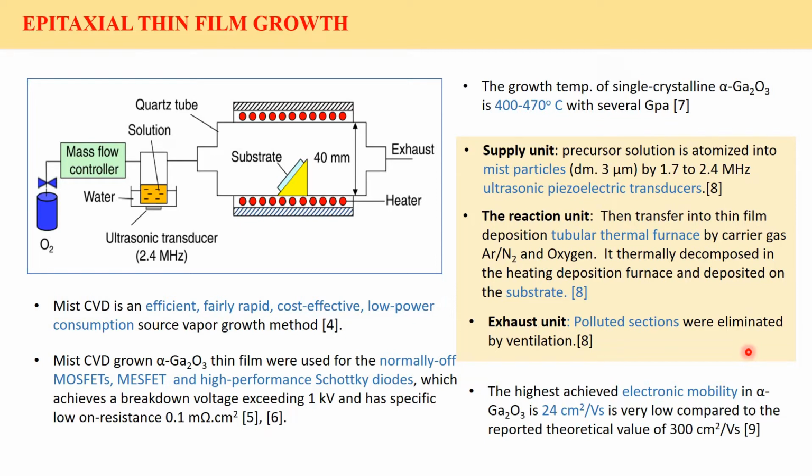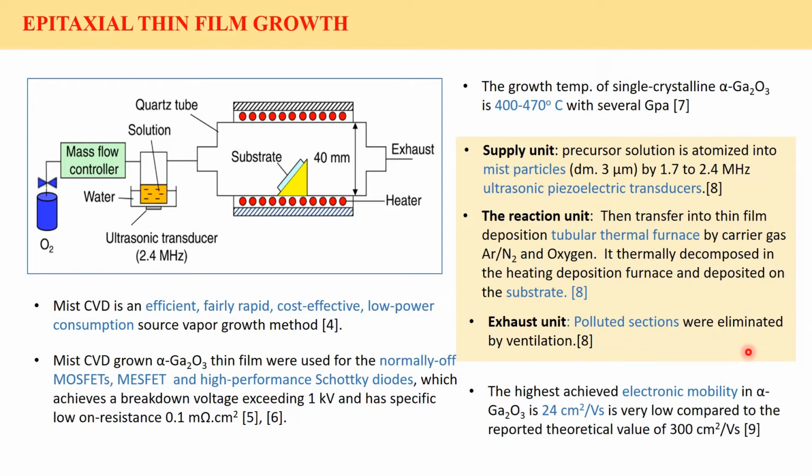But mist CVD among them is different and unique because it's an efficient, fairly rapid, cost effective, and low power consumption source vapor growth method. Researchers have already achieved alpha gallium oxide devices by the mist CVD growth technique. Among them, normally-off MOSFET, MESFET and Schottky diodes, they achieved, and their breakdown voltage exceeds 1 kilovolt and a specific on-resistance of 0.1